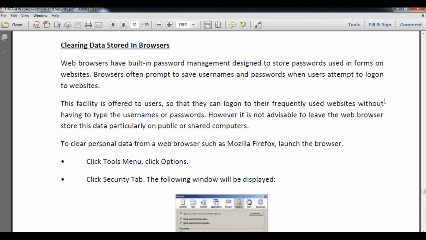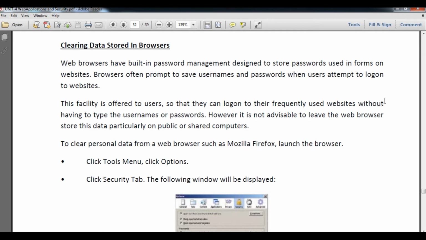This facility is offered so that users can log in to their frequently used websites without having to type the username and password. However, it is advisable to clear the browser stored data, particularly on a public or shared computer.